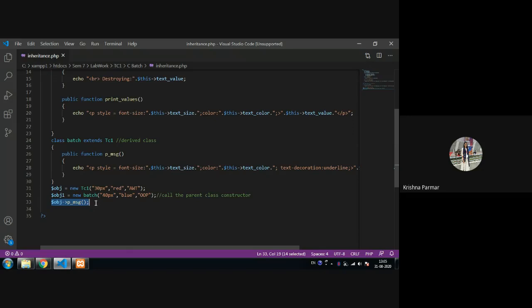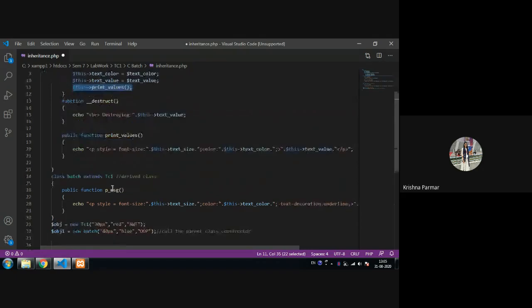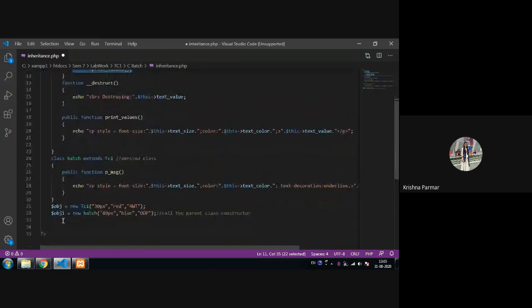So that's why, using the parent class object, you can call the parent class methods only. You cannot call the child class methods. But using the child class object, you can access all the parent class methods as well as the class's own methods. That's why it can access print value automatically, because in the constructor we call this method, so we don't have to call it explicitly. But if we go for explicit calling, there is no issue.